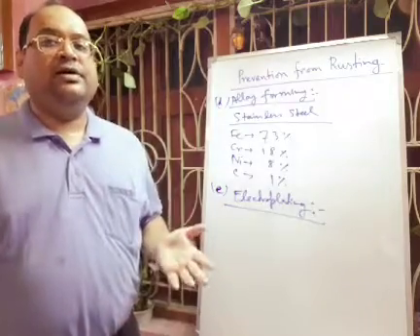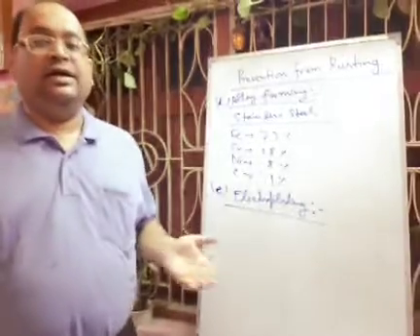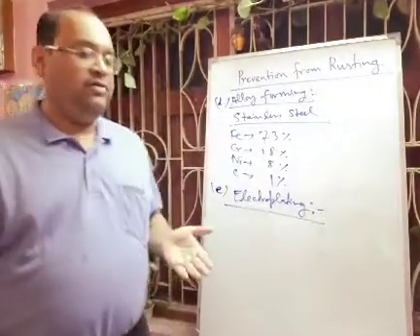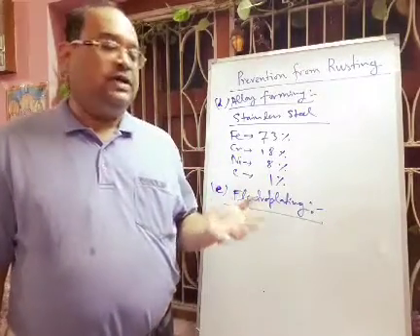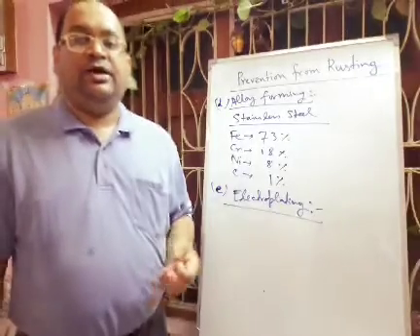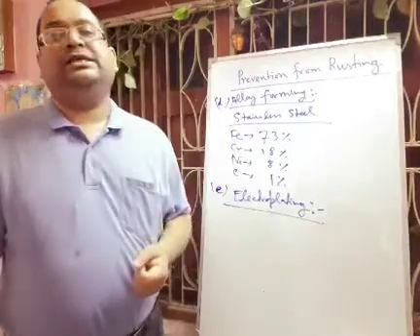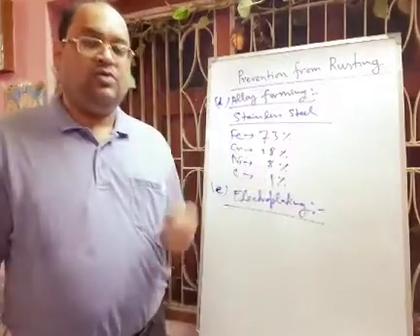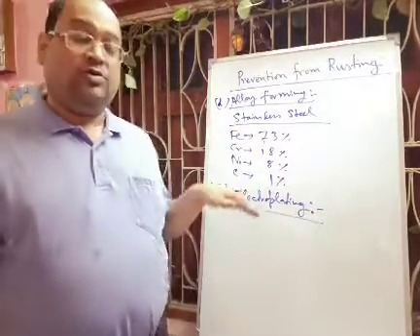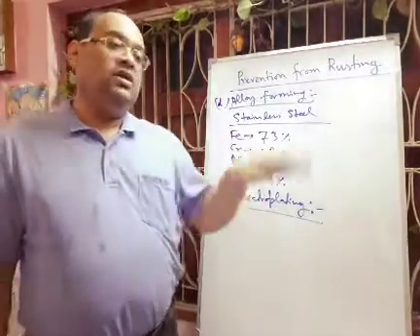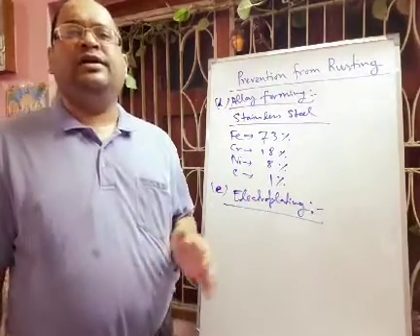If you do the nickeling, with the help of nickel metal, or if you are using chromium metal for coating on the iron surface, then it will become rust free, and we get a very bright finish. But this process is expensive. Sometimes you are using rolled gold or artificial gold, coating the iron surface with gold or silver. You know that gold is a noble metal, it's not generally reacting.